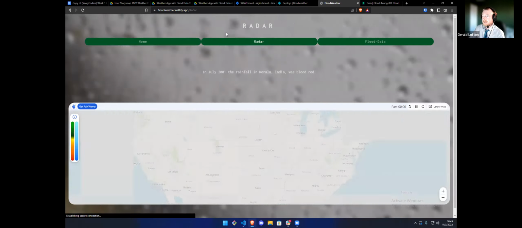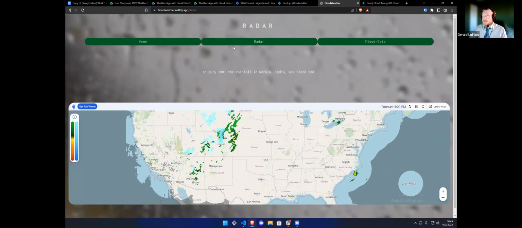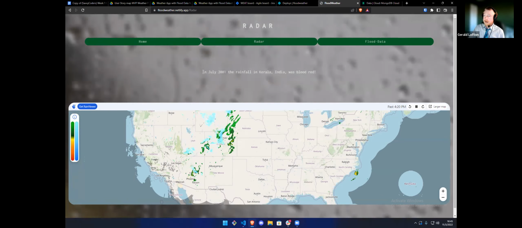Then on my radar page here, it takes a second to load, for the server to wake up. There it is. So when you land on here, I utilize one of two of my own API routes I created,